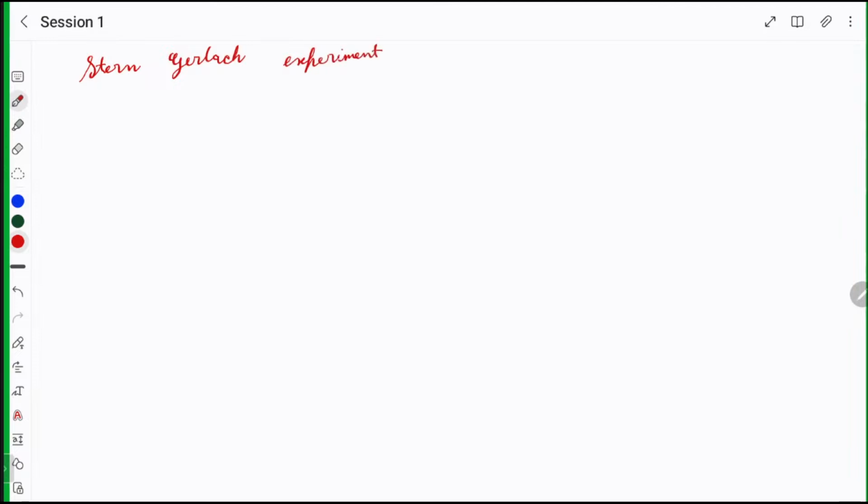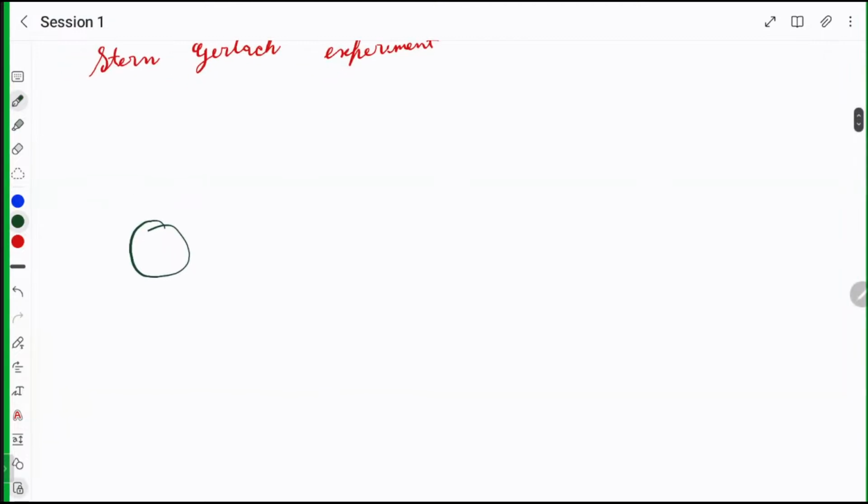Okay. So the apparatus for this experiment. I have simplified it a lot for you, so that there is no confusion. There's an oven from which we are having some silver atoms which are coming out at a very high velocity, and then we are somehow collimating the silver atom beam, and